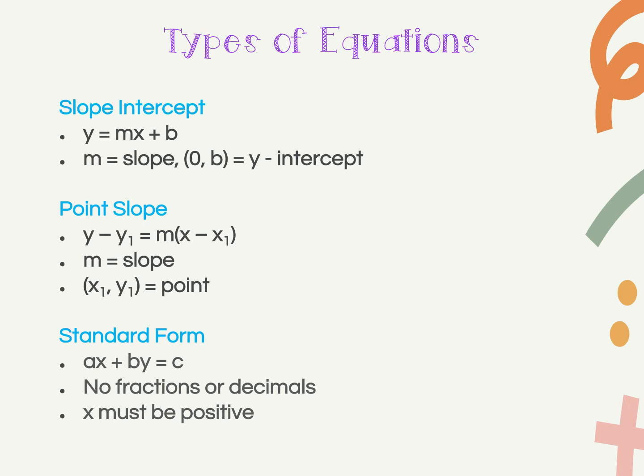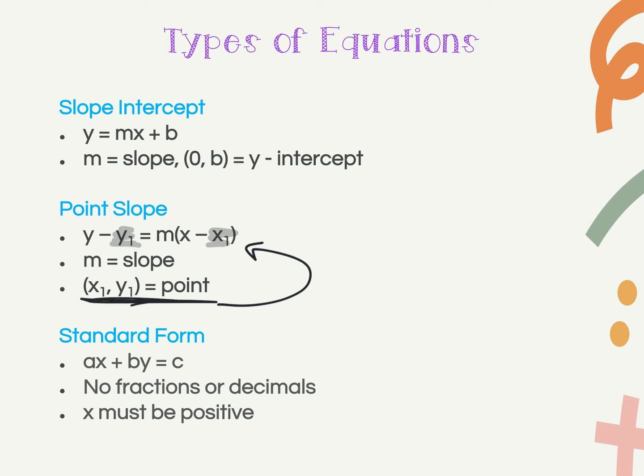Point slope form is y minus y1 equals m times x minus x1, where the y1 and the x1 in this formula are just going to come from a point that they give you. So you're going to be filling in an ordered pair here. And then the last form is the standard form, and that's ax plus by equals c, where a, b, and c are just numbers. They cannot be fractions or decimals,